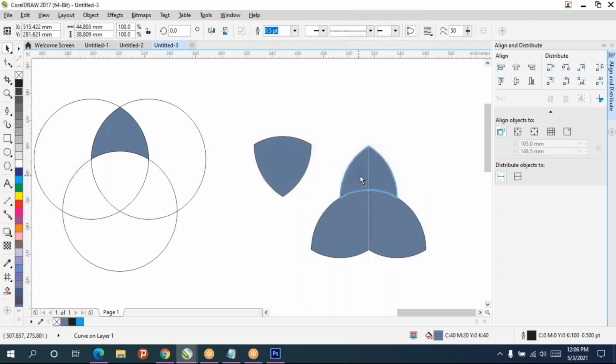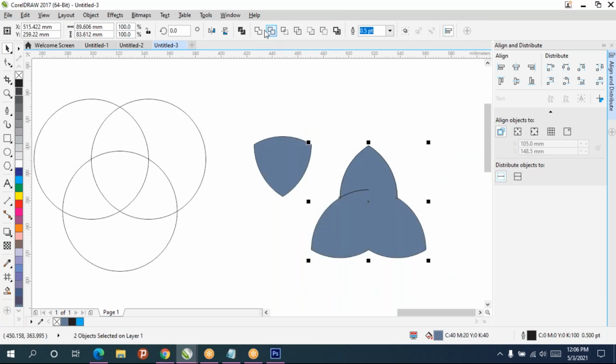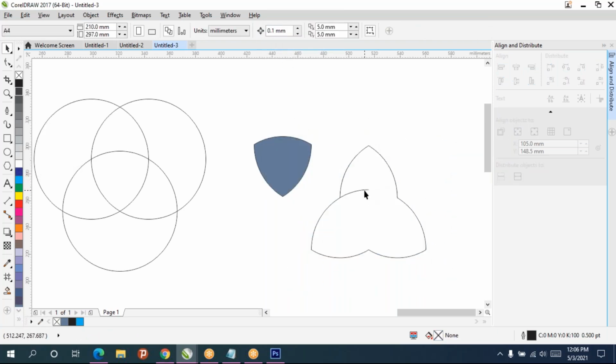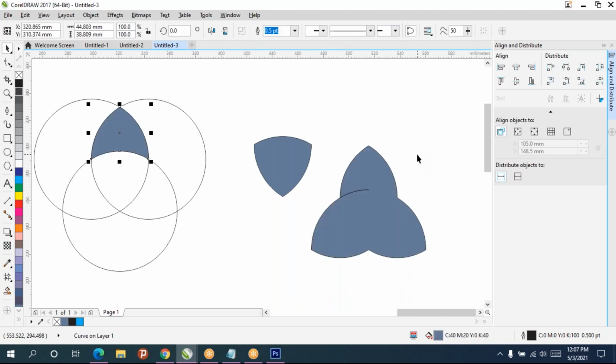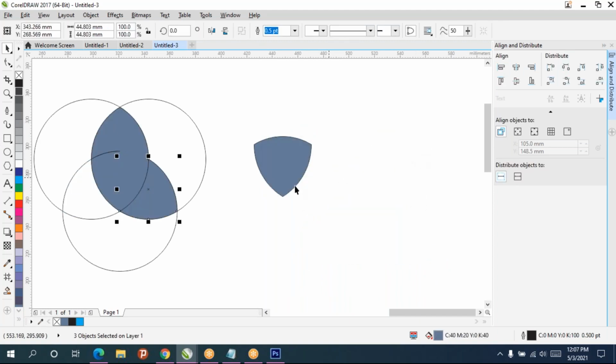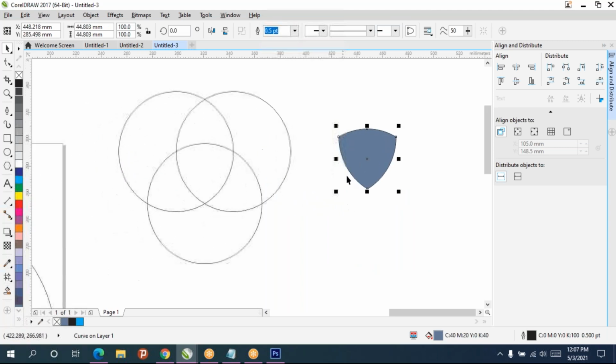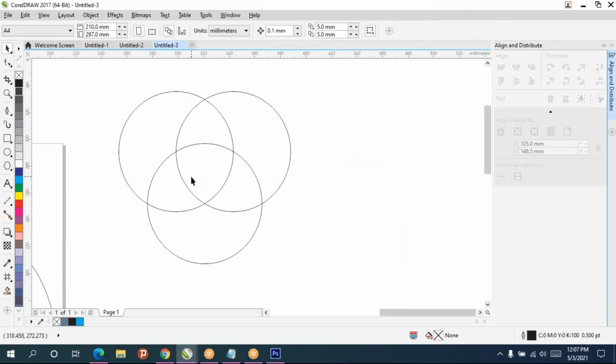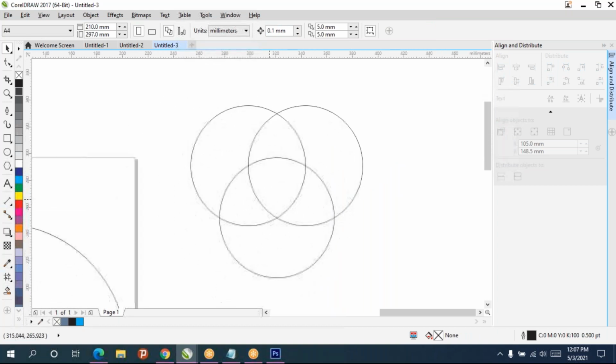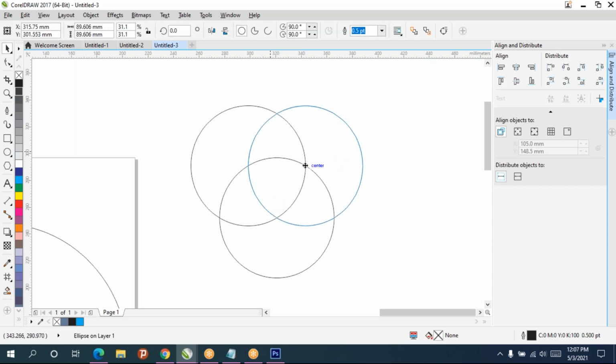So if you want, you can move this also. So select everything, give weld, and that's it. So smart fill is mainly used for creating logos. Using smart fill, a lot of things you can do.